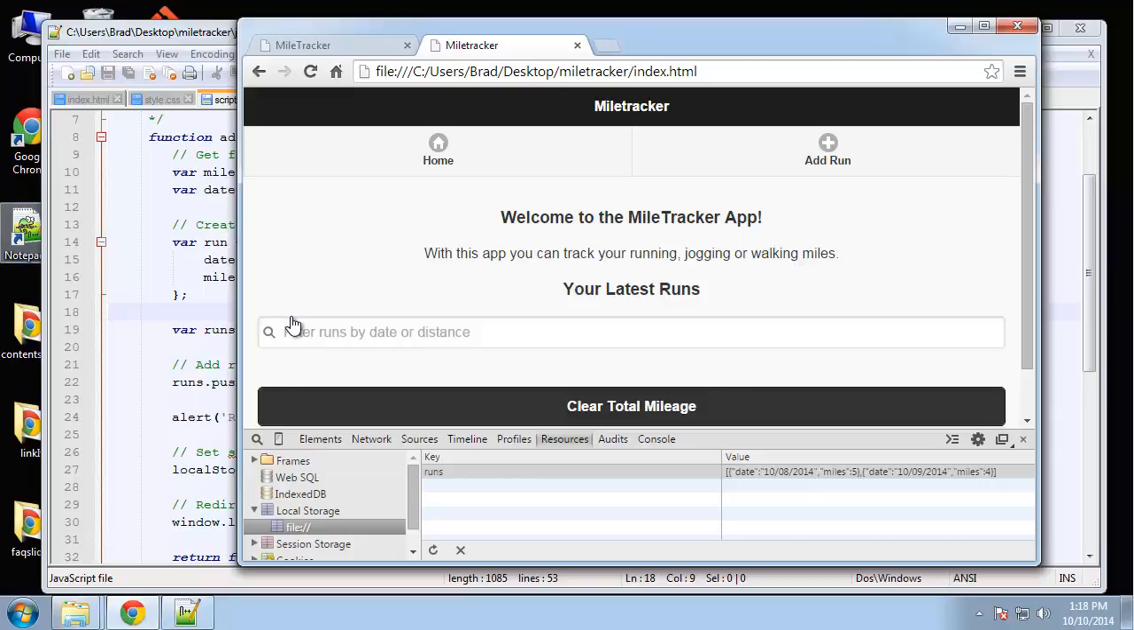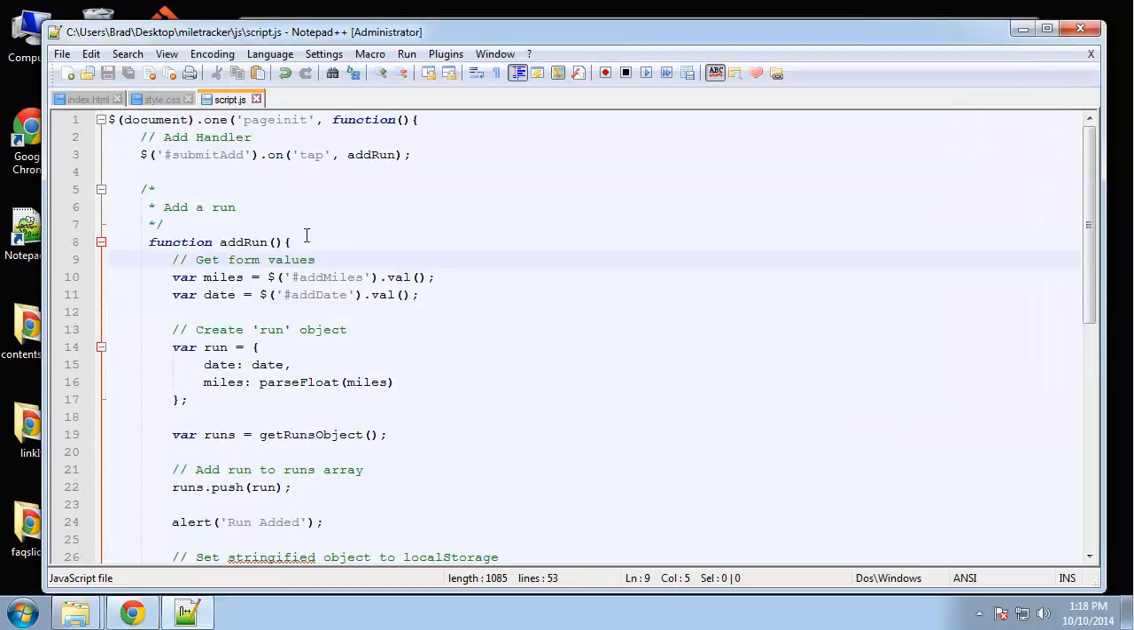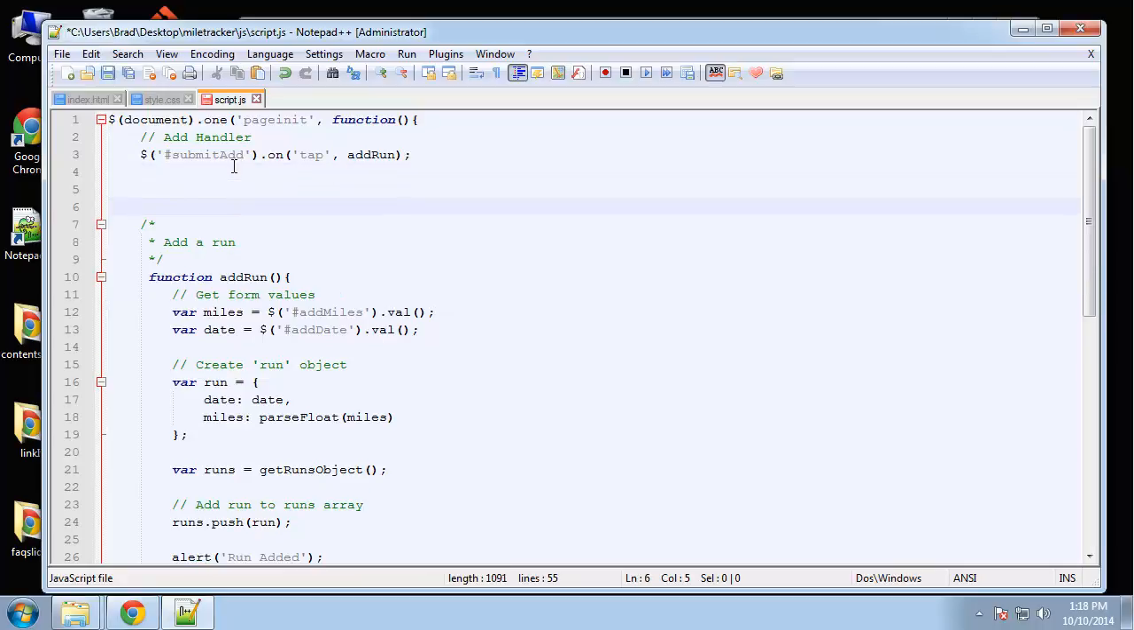Alright, in this video we're going to take the data that's in local storage, which you can see right here, and we want to loop through it and print out each run in a list on the front page, on the home page. Okay, so what we're going to do is in script.js we're going to create a function